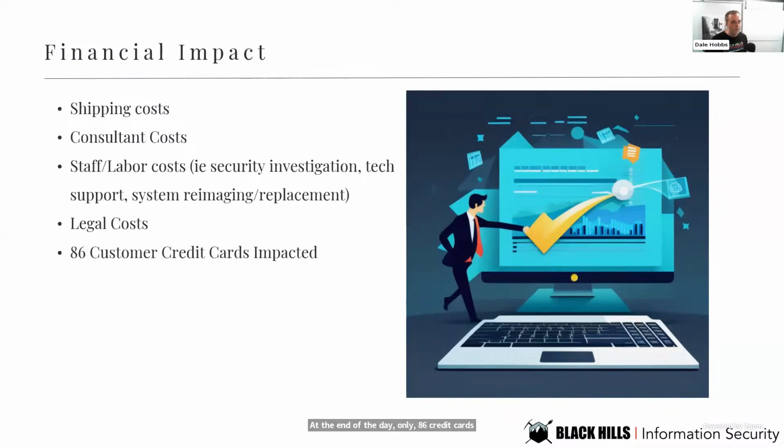This was confirmed by both Acme and the bank. The banks were not overly concerned with 86 cards. They simply reissued cards, advised Acme to wrap up the investigation, but did still force them to go through the whole investigation process. At the end of the day, the total financial impact to Acme was $1.2 million for 24 systems and 85 credit cards. Fortunately for Acme, there were no fines levied by the banks, which could have been worse.